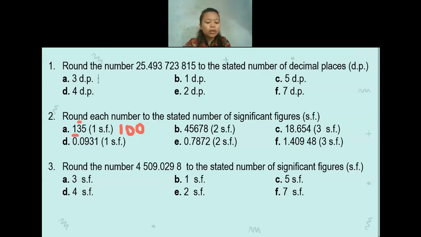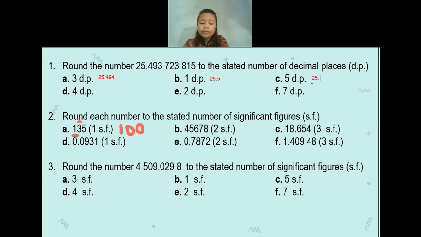25.494. Okay, correct. Is there anyone who gets confused? No. Okay. If we round off the number to the nearest 1 decimal place, what will it be? 25.5. Correct. Okay. For question C, if we round off the number to the nearest 5 decimal places,